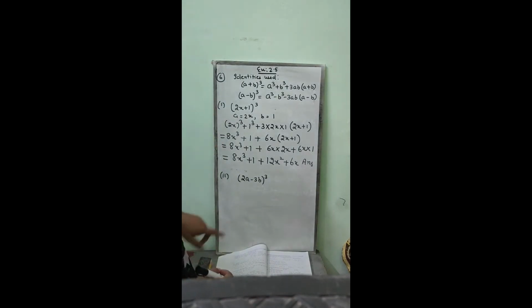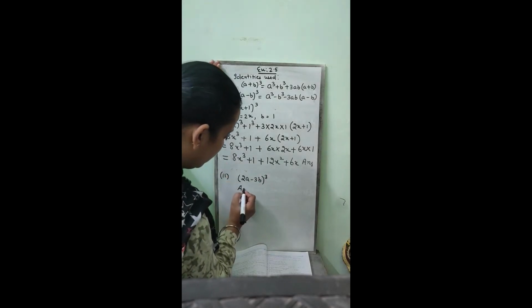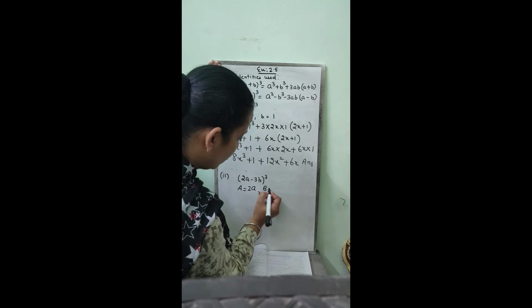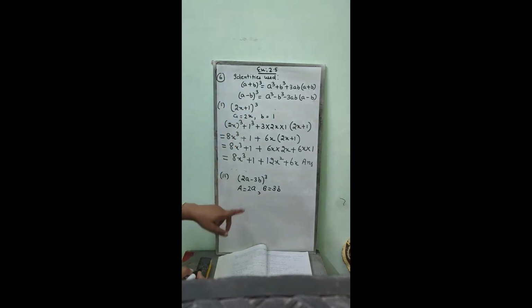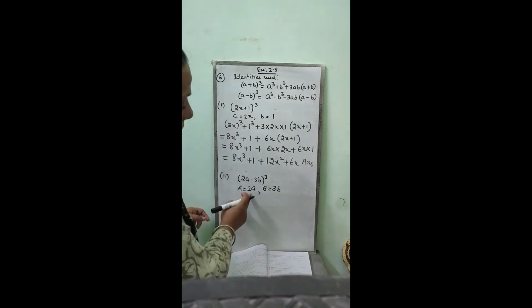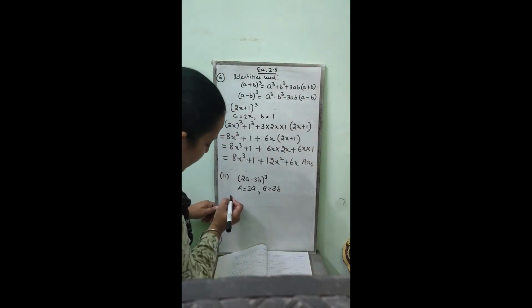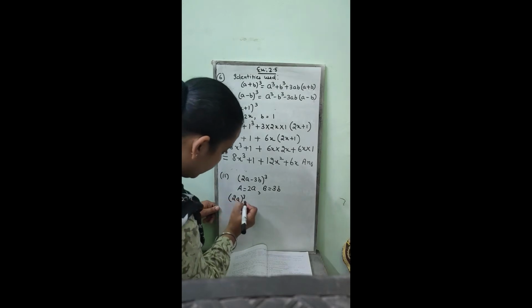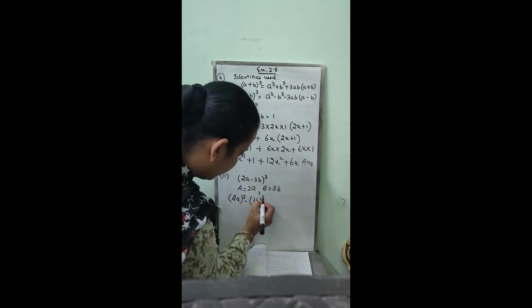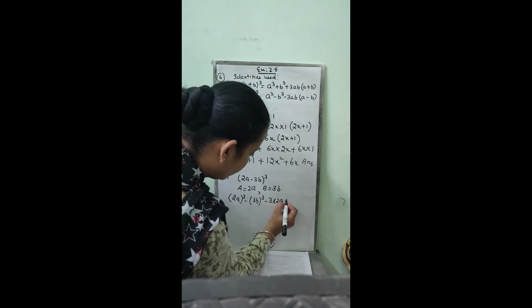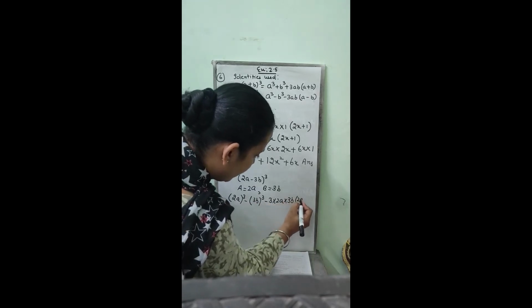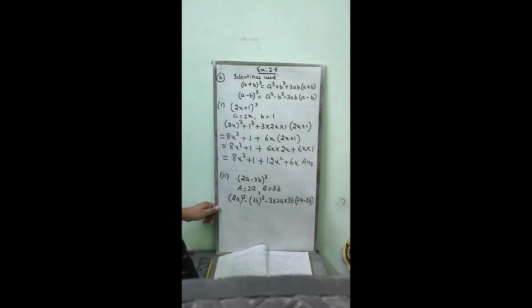Now in second part, the statement is (2a minus 3b) whole cube. a is 2a, b is 3b. No need to use the sign of minus with the statement b because we are using the identity of (a minus b) whole cube, right? So a is 2a, b is 3b. The statement is a cube minus b cube minus 3ab into (a minus b). Your answer is